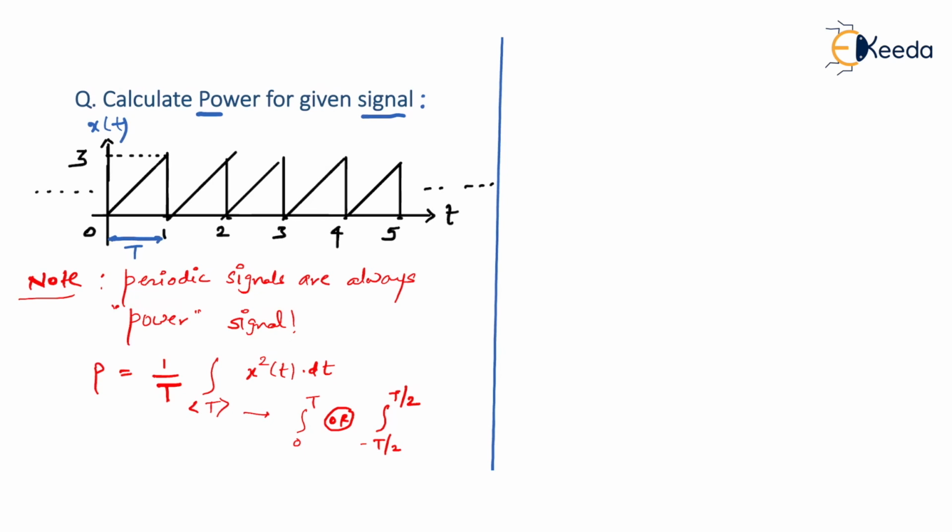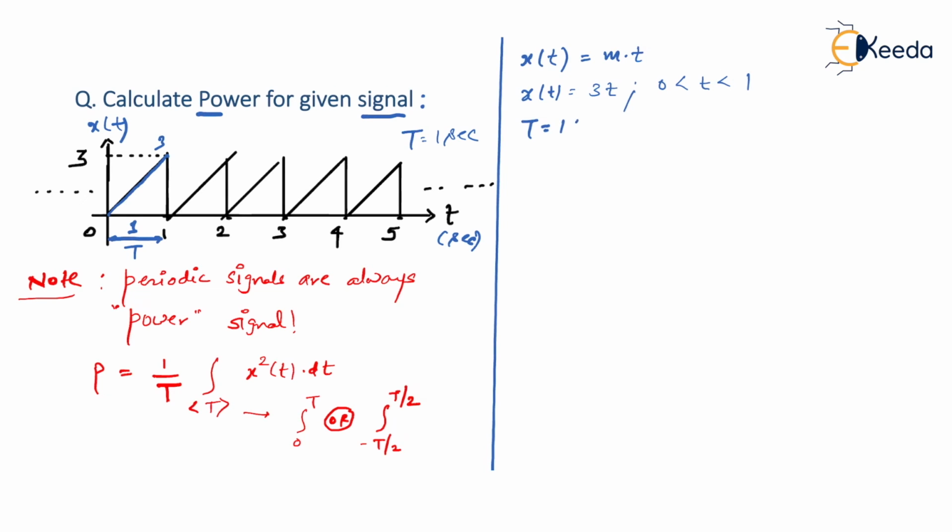Now if you observe, you can see that T is equal to 1 second. So we believe that this unit, that is the x-axis, is in terms of seconds. T value is equal to 1. So let us try to get the value of x of t here. As you can see, it is a straight line passing through origin. So I can write x of t is equal to m times t. So now let us identify the slope. Change in x is 1 and change in y is 3. Is that right? Therefore, slope is equal to 3. So x of t is equal to 3t between 0 to 1.